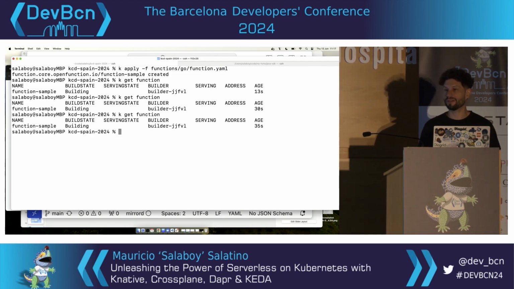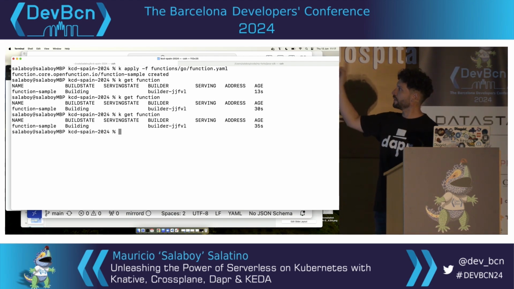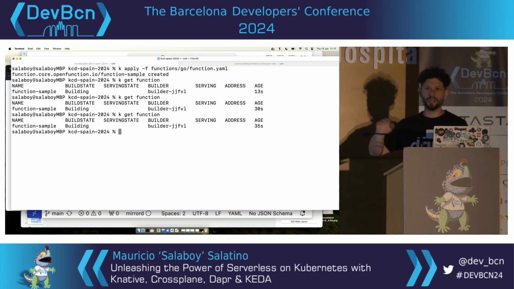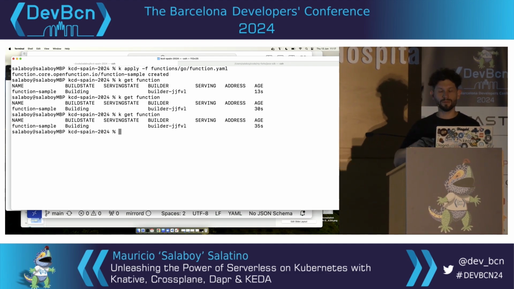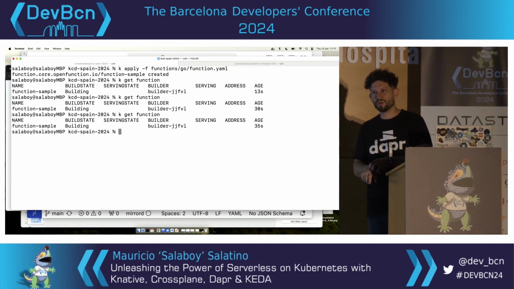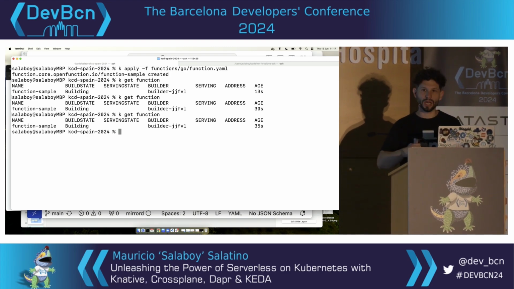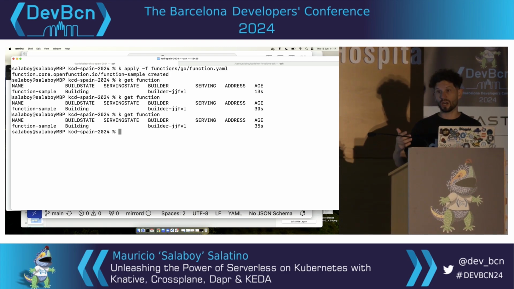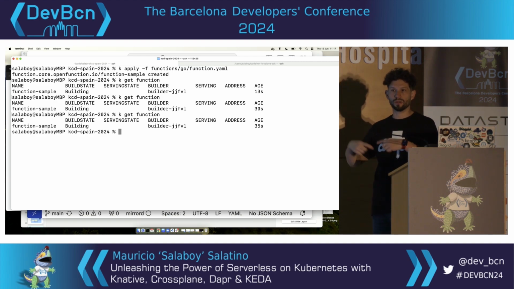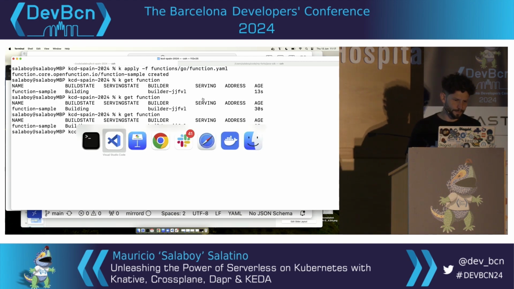Things that happen when you are doing live demos, right? But at the end of the day, you will have a URL there that you can basically interact with. Just call it, it will be some sort of public URL that you can access. If you have configured your cluster correctly, you will have a public URL, or an internal cluster URL that other functions can use to call this function.